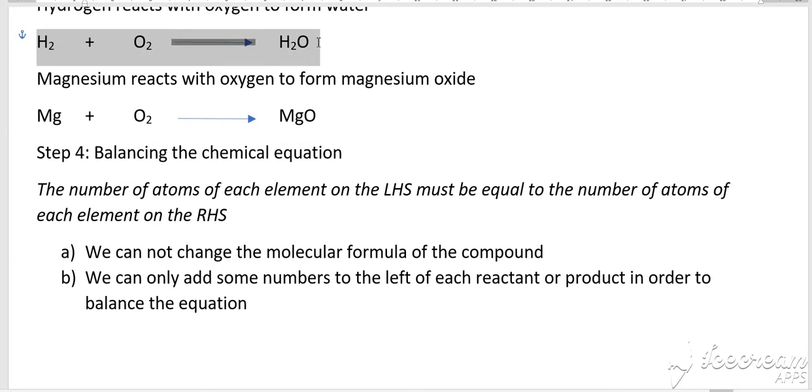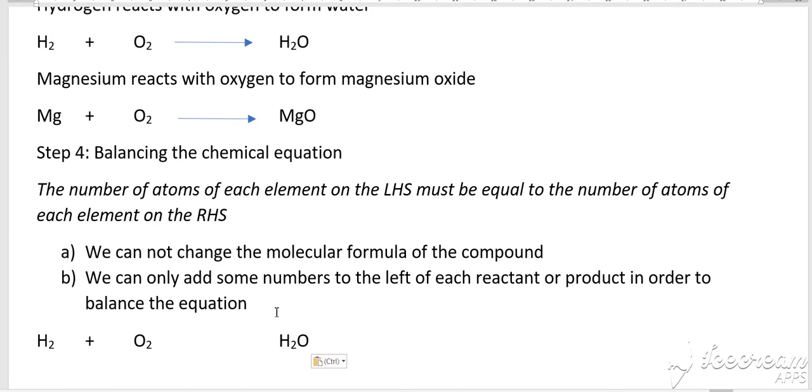So we'll just copy this from here, and we'll just write it over here. Okay, so this arrow also should come. Right, so now you see here we have two atoms of oxygen, but here there is only one atom of oxygen, that is not balanced. Now suppose if we write over here 2, then here we have two atoms of oxygen and here we have two atoms of oxygen. We already had two atoms of hydrogen, and here there were two atoms of hydrogen. So now it seems that this is balanced.